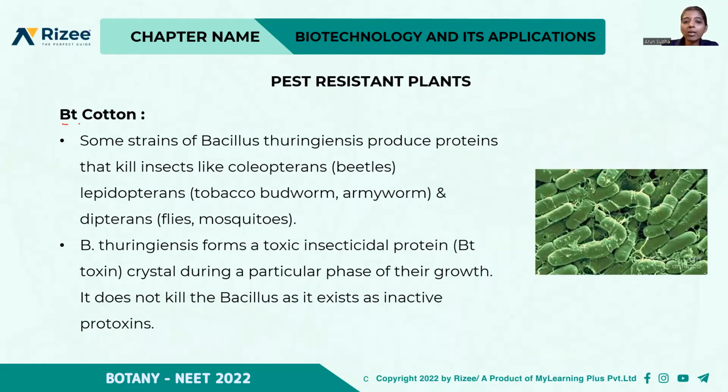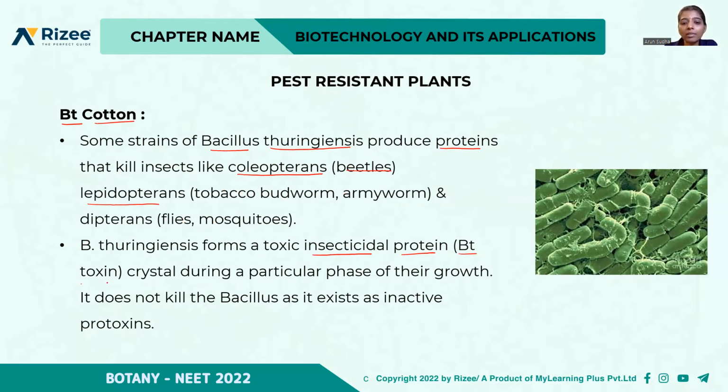So what is BT cotton? Some strains of Bacillus thuringiensis produce proteins that kill insects like coleopterans, that is beetles, lepidopterans, tobacco budworm, armyworm, and dipterans, that is flies and mosquitoes. So some strains of Bacillus thuringiensis produce proteins, right? And this Bacillus thuringiensis forms toxic insecticidal proteins. So that protein is called the